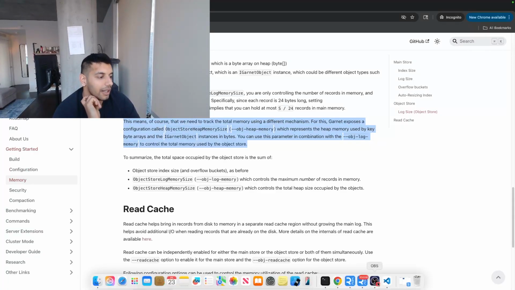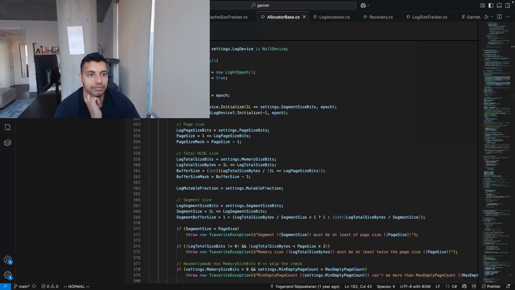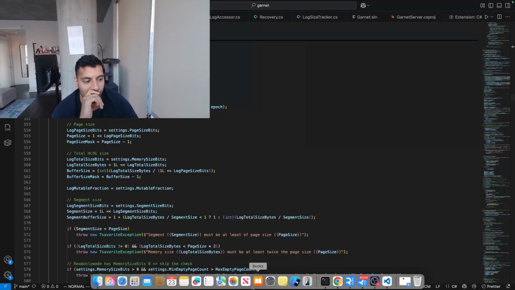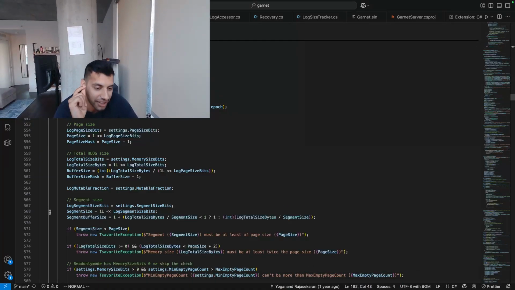You know what? Let's run Garnet server and see what happens if we just keep throwing in objects in there, and like really big objects. Yeah, I think I like that idea. The only issue is